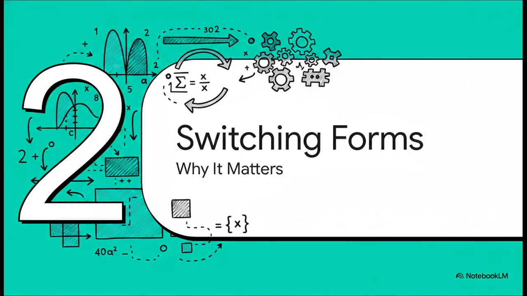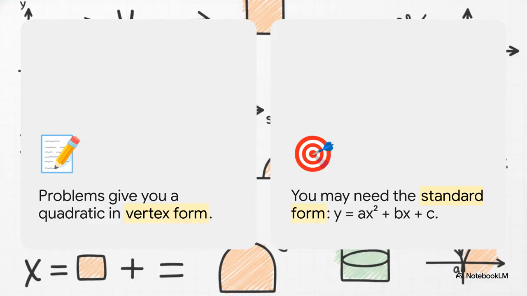Moving right along to Section 2, Why Switching Forms Matters. Now, what's really interesting about this slide is the flexibility it gives us. Sometimes a problem just hands us a quadratic in vertex form. But to actually complete our task, we might need it in standard form, which looks like y equals ax squared plus bx plus c. Switching between these forms teaches us mathematical flexibility. It shows us this really profound truth, that one single mathematical reality can look totally different depending on what we